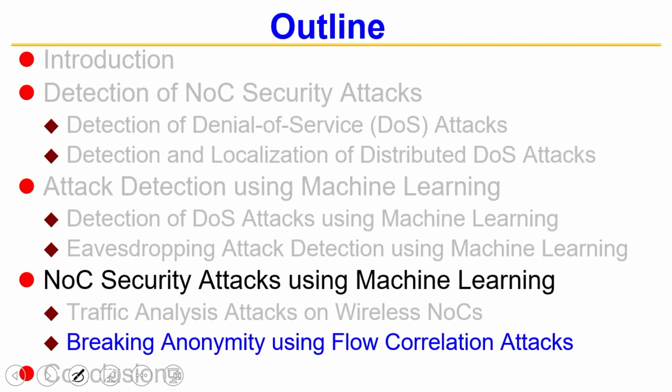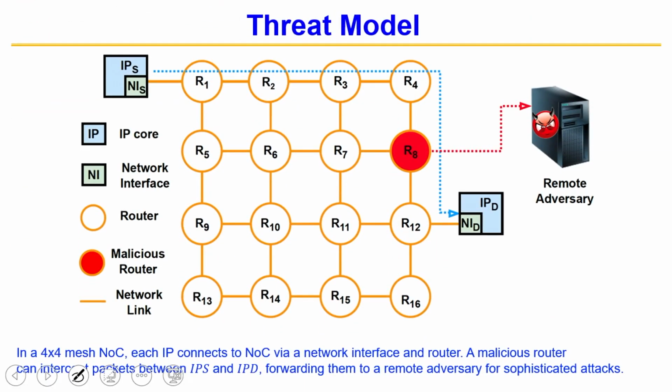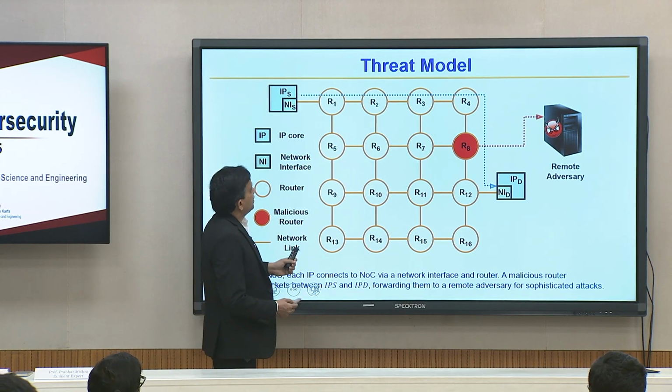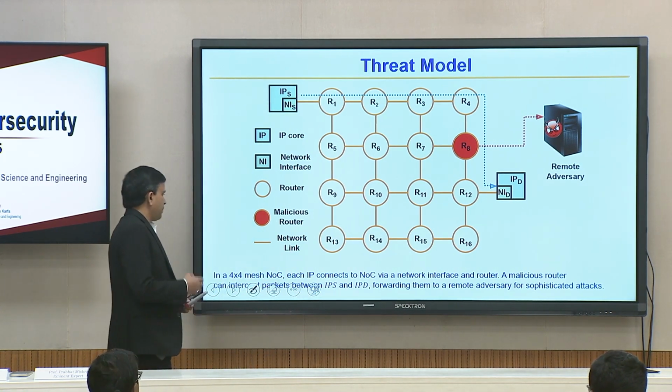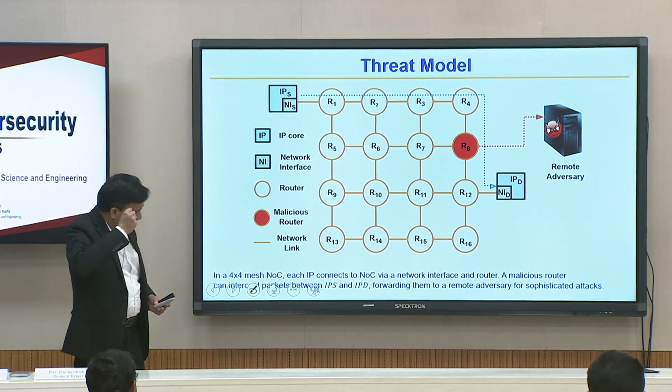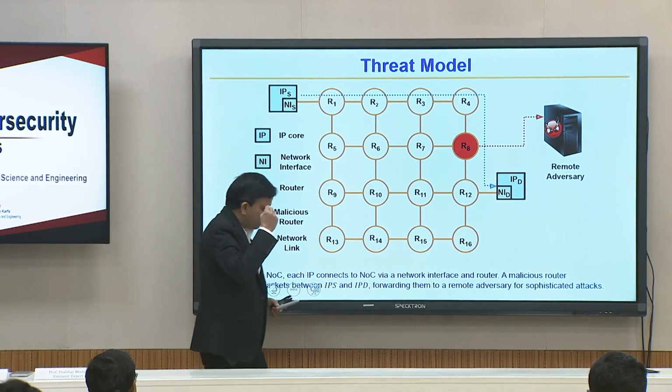Now I am going to talk about the last attack, which is actually simple to explain and is called the flow correlation attack. The key idea is: when two people are talking, even if the data is encrypted, how do you figure out who is talking to whom? Many times people do this, what is it called, you do onion routing, right.